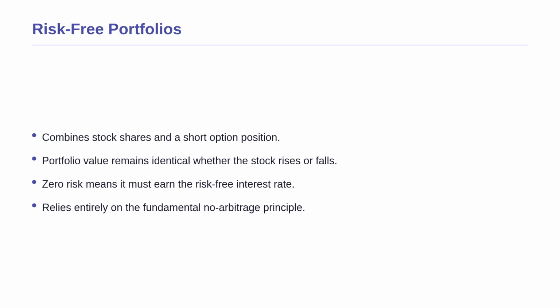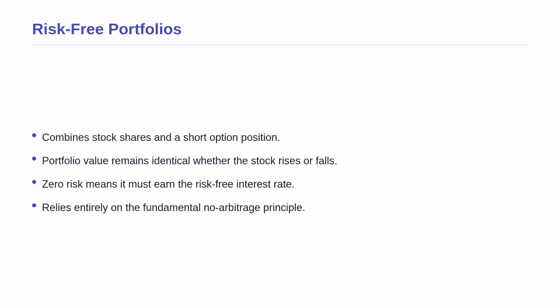Building on this idea of up and down movements, we introduce the most crucial concept, the risk-free portfolio. To find an option's fair price, we mathematically combine a certain number of stock shares with the option itself. We balance them so perfectly that no matter whether the stock goes up or down, our portfolio's value remains exactly the same. Because this portfolio has absolutely zero risk, it must earn the exact same return as a safe bank deposit. This relies on the no arbitrage principle, which states that you cannot make a guaranteed risk-free profit without investing